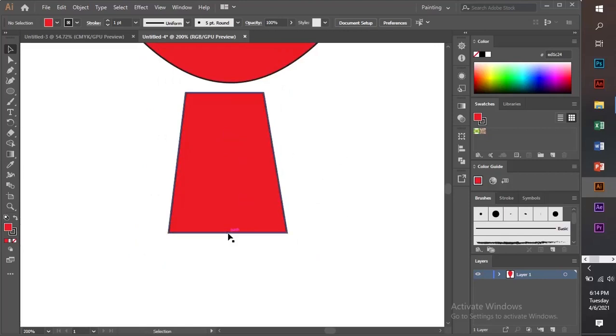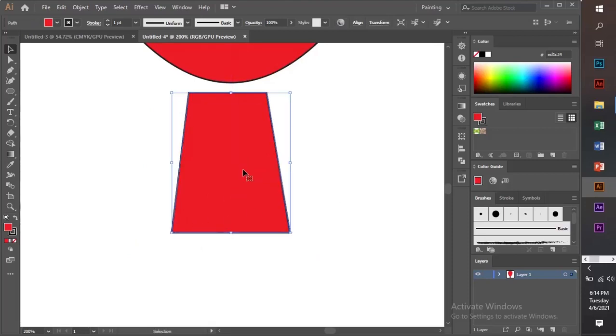I'm going to curve in the bottom part of this portion of the shape we have here. So I'm going to select it, select my direct selection tool. I'm going to select the pen tool instead,